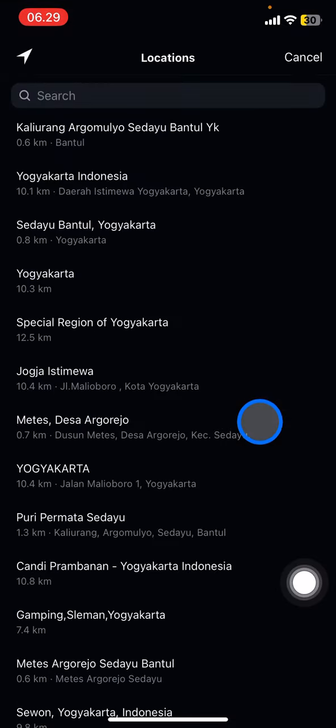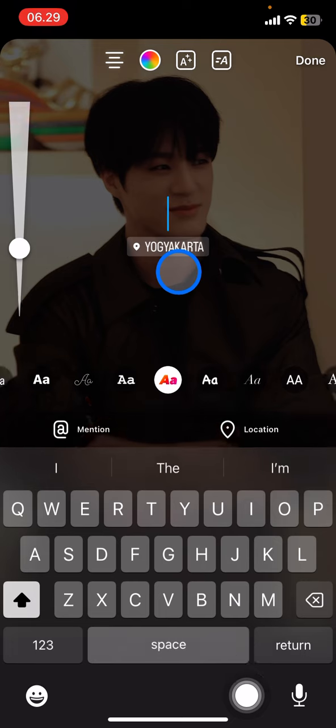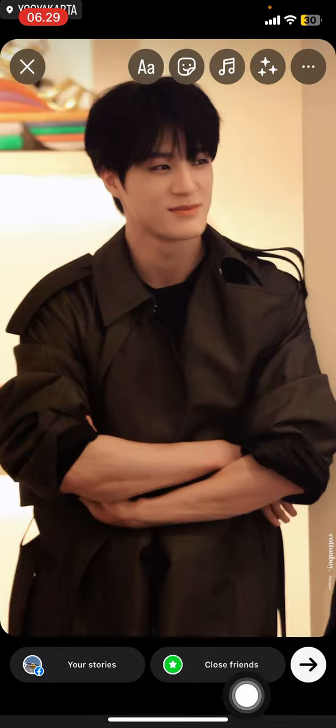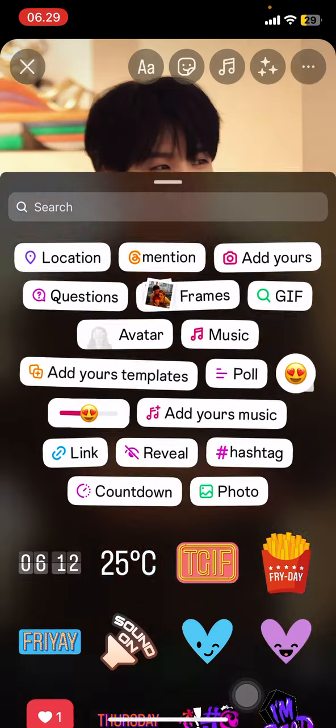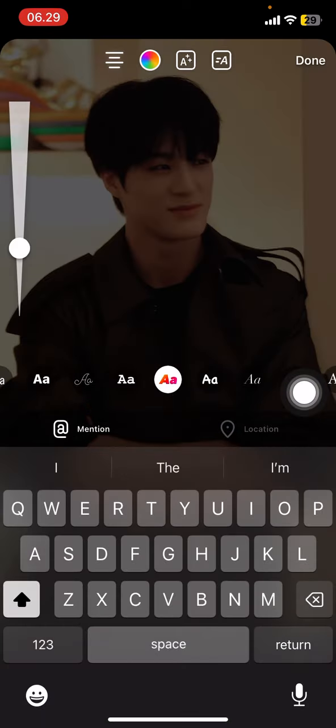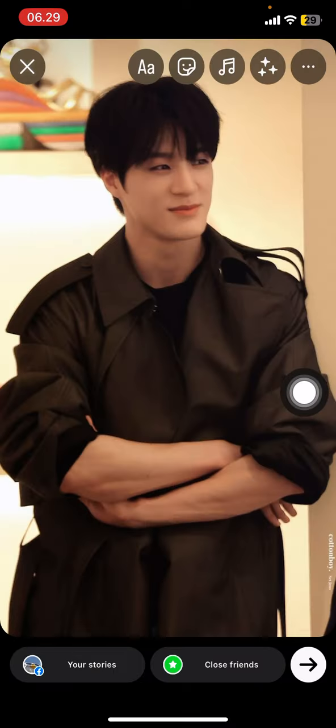Tap on the location, and next you just need to swipe or click the name of the location that you want to add here, and then tap done, and you are done. So you just need to upload your story here, and then